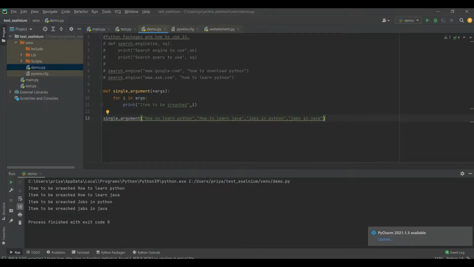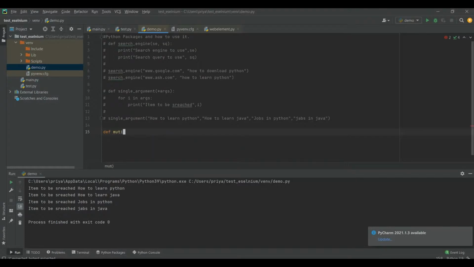Let's define one more function, def keyworded arguments, and we define it with a double asterisk since it's a keyworded argument. This is how Python identifies it.